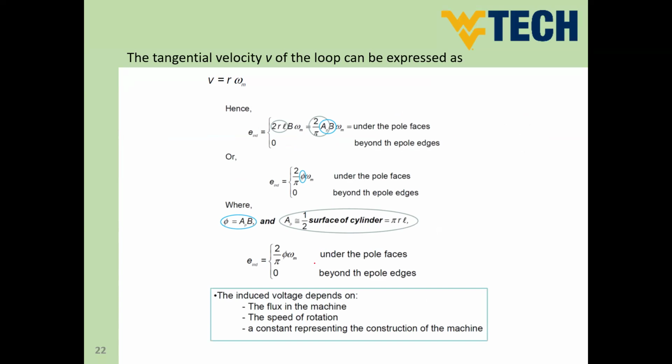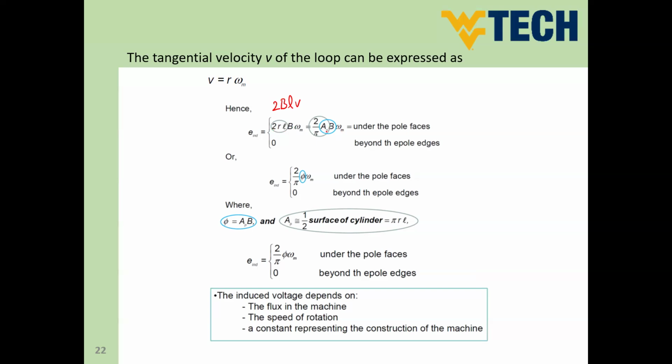So in this case, guys, if we convert our motion from translational motion to rotational motion, because now the conductor is rotating, so instead of having speed V, we can replace that by omega R, where omega is the rotational speed and R is the radius of the rotation. So we can say now E equals, replace V by omega R. So we have 2BLV. So from the previous page, we have 2 times B times L times V. So V will be replaced by omega times R. So here we have 2 R L B omega. And 2 R L can be replaced by